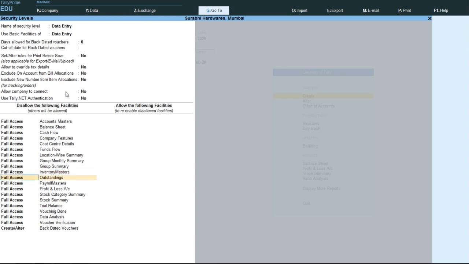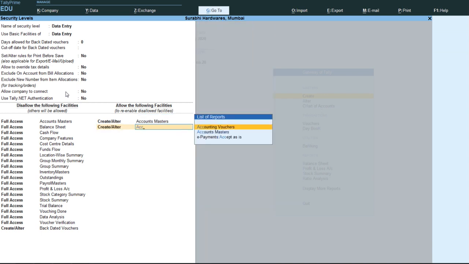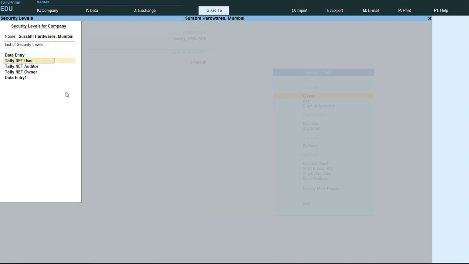If you want any specific option, we can allow it here. Suppose he can create and alter accounting master, create and alter accounting voucher, end of the list.